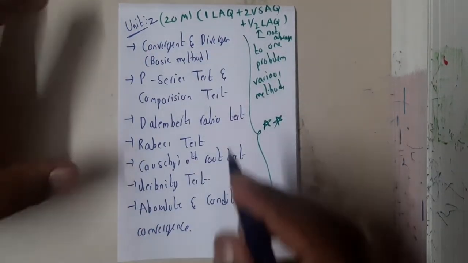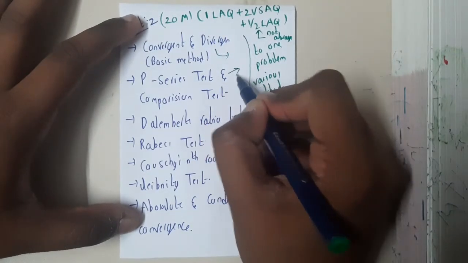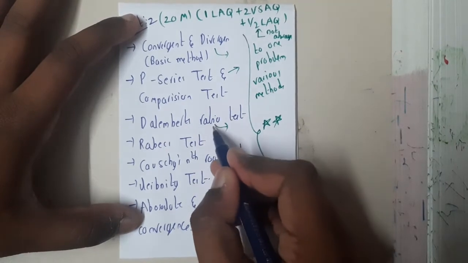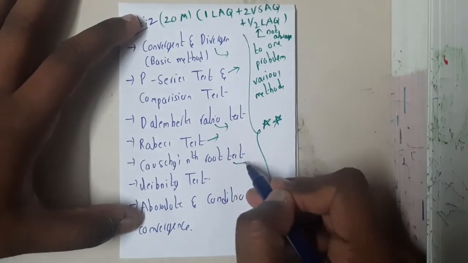So basically, if both the powers are same, we'll be using the normal method. If both the powers are different, we'll be using one method. If it is in a series data, you'll be using this. If this fails, you'll be doing this. If it is something power something, you'll be using this.